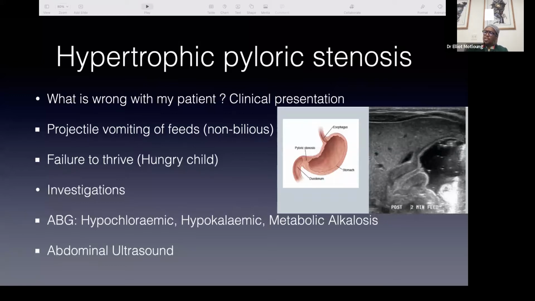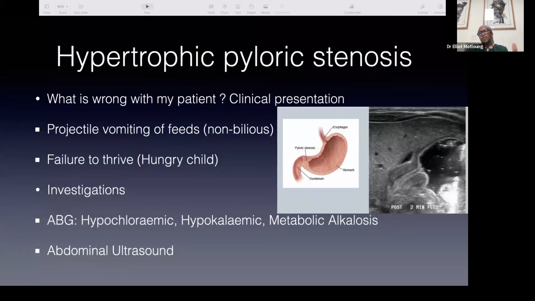Because you're losing that chloride, that is where, on the blood gas, you're going to get hypochloremia. That is where the hypochloremia comes from. And also, if you lose your hydrogen ions, you're going to end up being alkalotic. So that's part of where your metabolic alkalosis is going to come from. And we know that these patients are